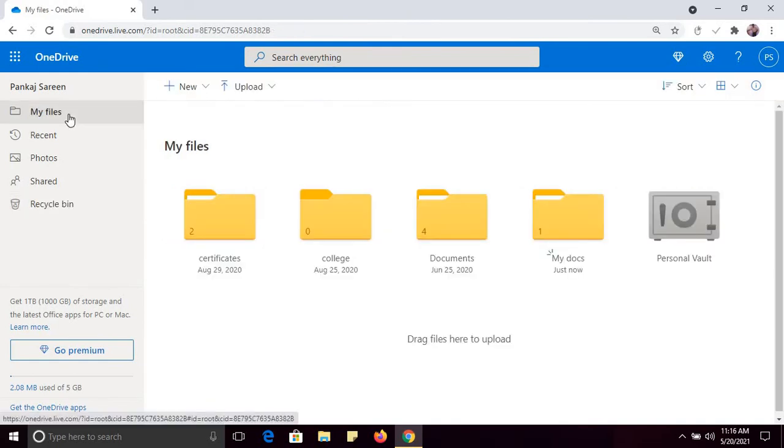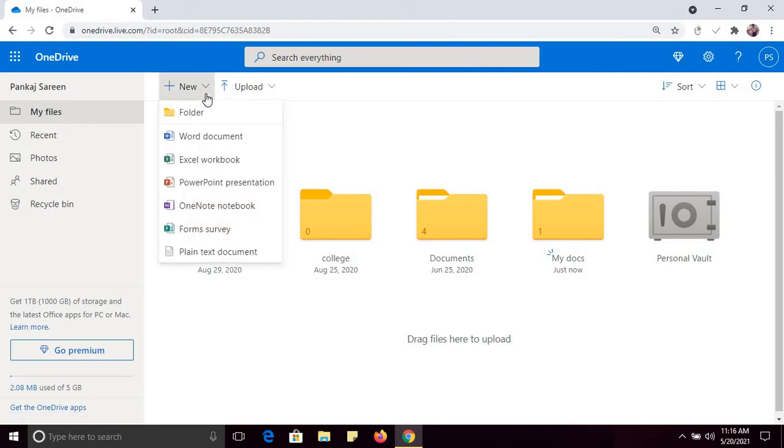Another very important feature of Microsoft OneDrive is that you can create new documents. You can create a text document, a Word document, an Excel workbook. For example, suppose you don't have Microsoft Office in your system and you want to use Microsoft Office.